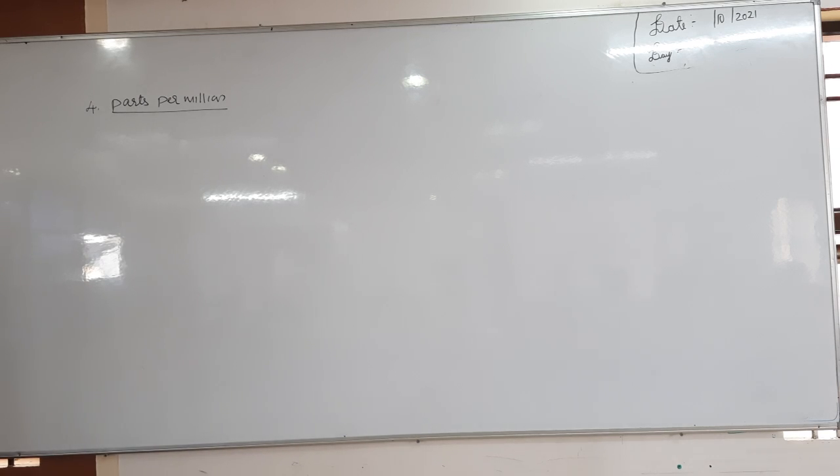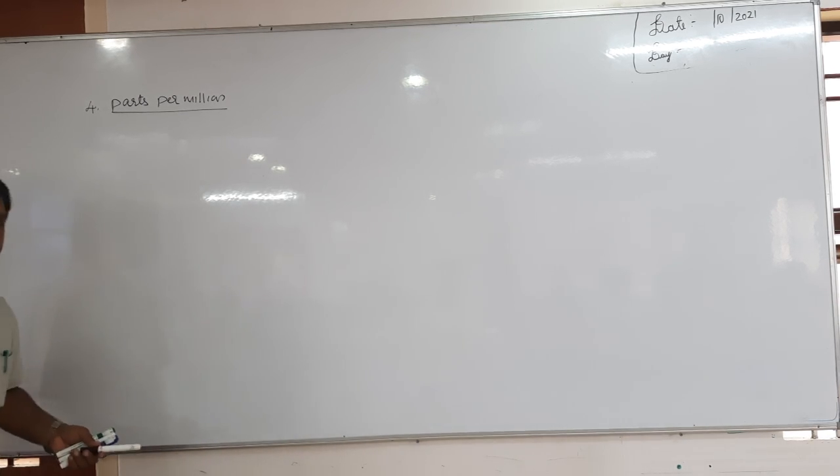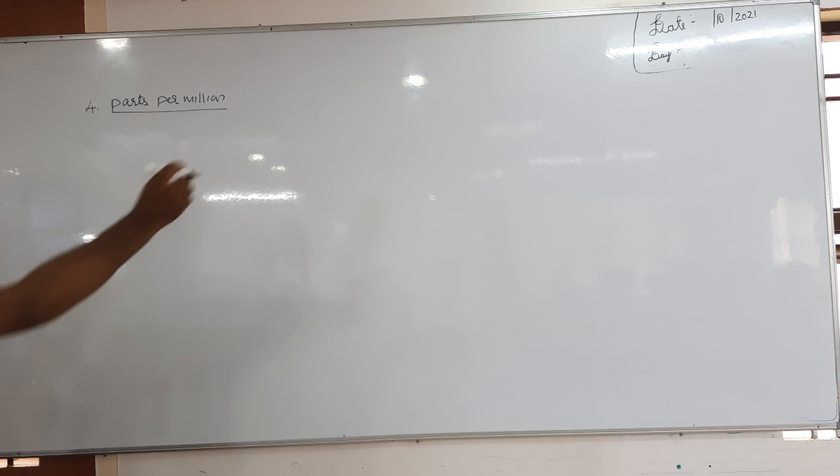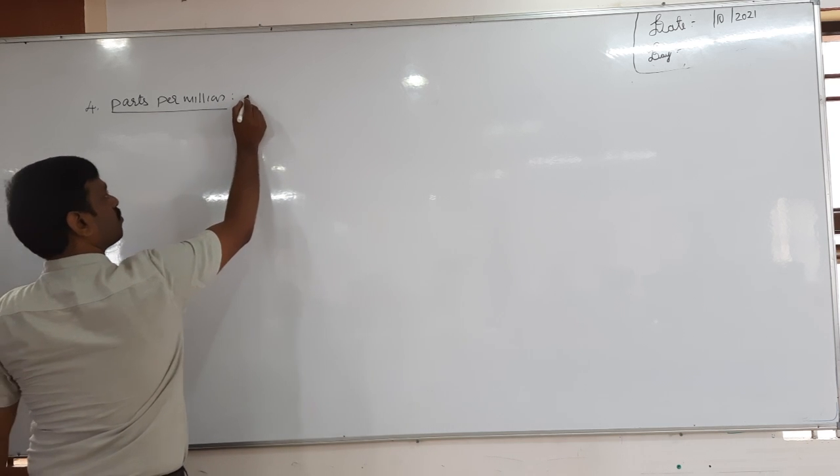Okay, write down parts per million. So what is parts per million? It is the number of parts of solute present in million parts, meaning 10 power 6 parts of the solution. So million means 10 power 6 now. Therefore it is the number of parts of solute